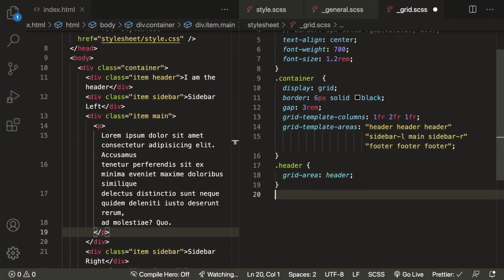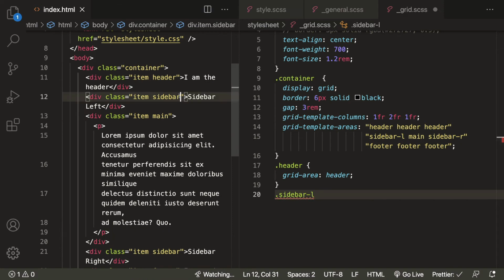Now for the sidebar left or sidebar right, again we can assign. So we have sidebar L, actually it should be L. Save this.